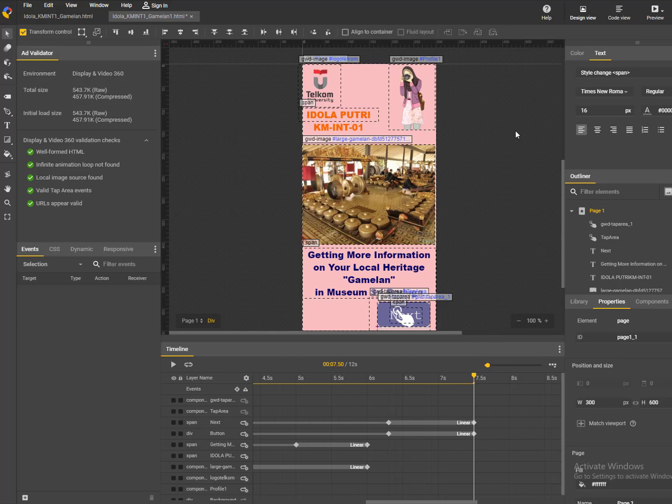You can already make an animation and make a button to lead your ad to the next page and back to the previous page. So make sure you make your second page based on your scenario.